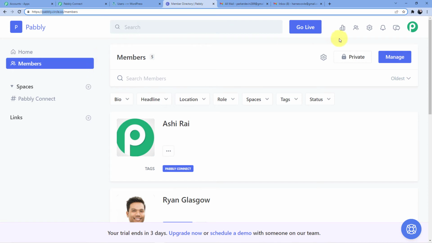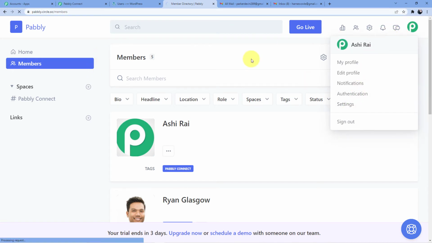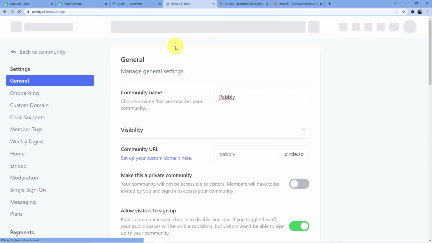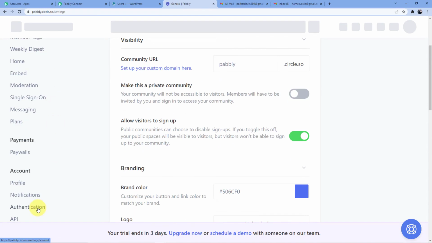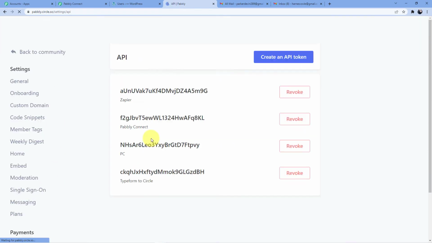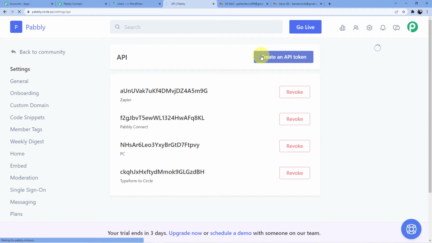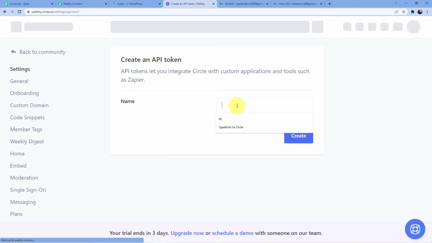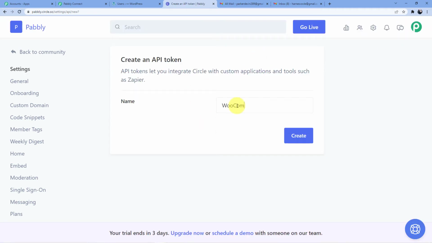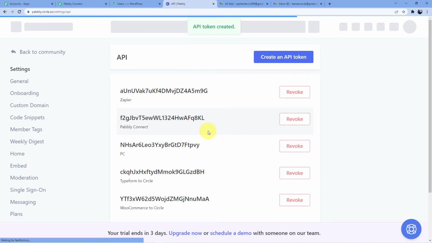So we will go here, then we will go to account, then we will go to settings. And in settings, we have to find the API. So here is API. And now we are going to create an API token. Now let me just name it WooCommerce to Circle. Okay. Let's just click on create.